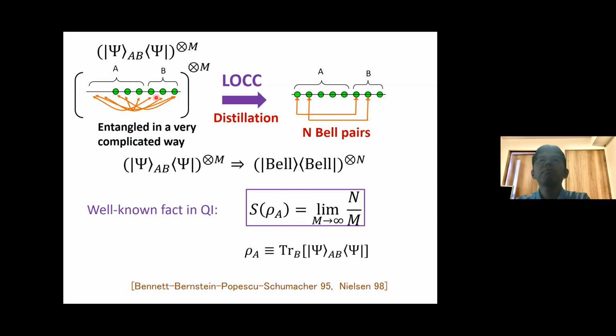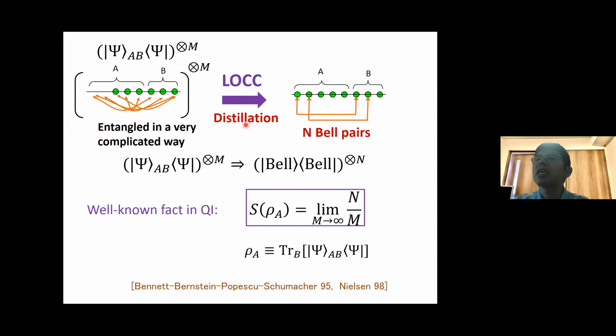We have A spin and B spin, but they are very complicated. But after acting some appropriate LOCC procedure, we can extract some nice Bell pairs from them. These are EPR pairs, just genuine EPR pairs. And we can count the maximal number of Bell pairs which we can extract from this system